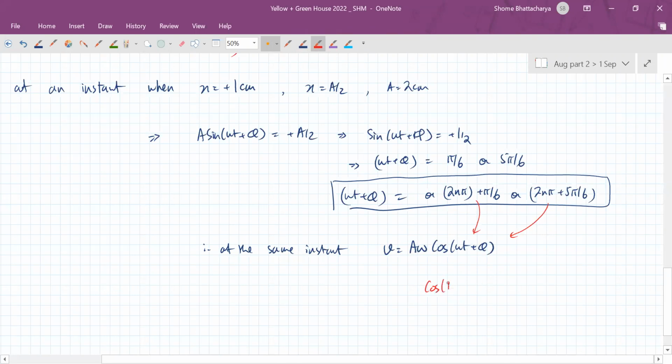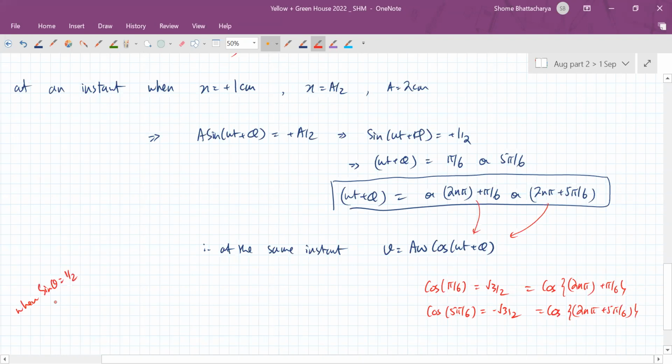So cos of pi by 6 is root 3 by 2. Cos of 5 pi by 6 is minus root 3 by 2. That is the same thing as the general solution 2n pi plus pi by 6, or 2n pi plus 5 pi by 6. So whenever sine theta is half, cos theta will be either plus or minus of root 3 by 2. That's the idea. So therefore V will be plus or minus of root 3 by 2 A omega. So V could be either going in the positive direction or negative direction, but it will be equal to root 3 by 2 times that maximum speed which we saw,